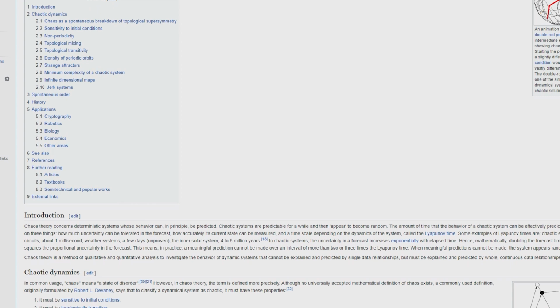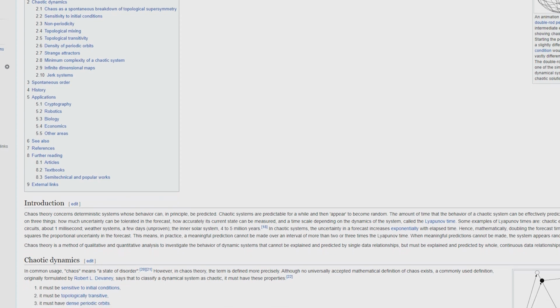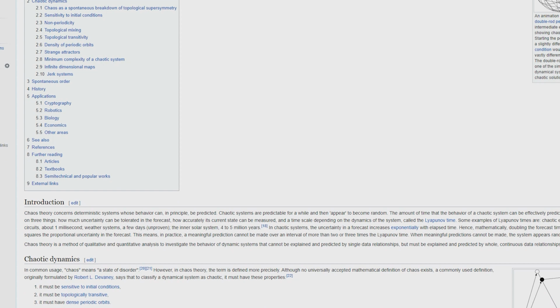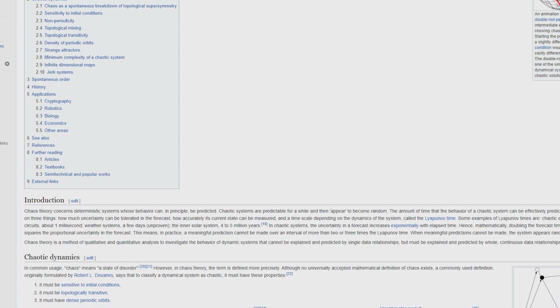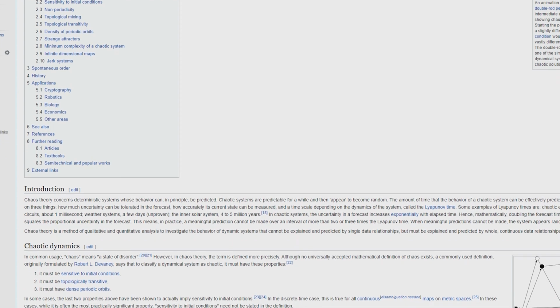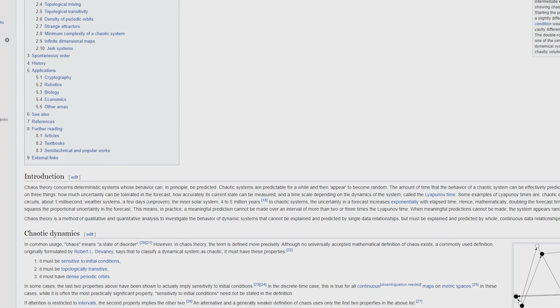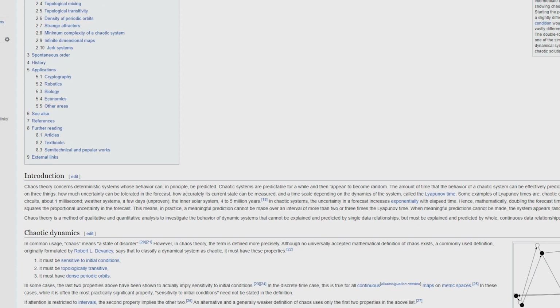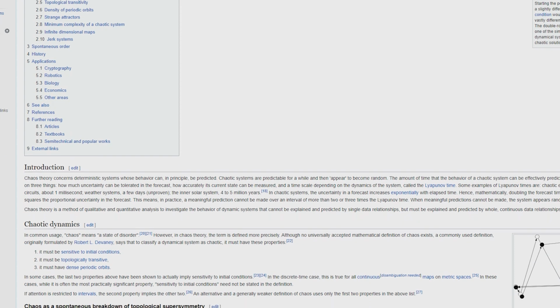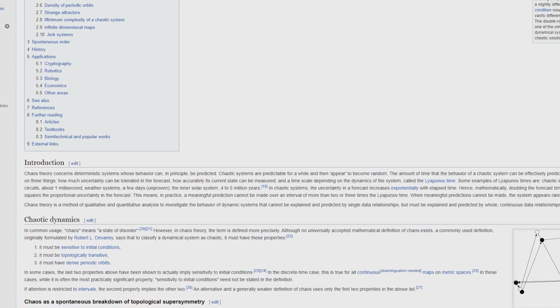Chaos as a spontaneous breakdown of topological supersymmetry. Main article: Supersymmetric Theory of Stochastic Dynamics. In continuous time dynamical systems, chaos is the phenomenon of the spontaneous breakdown of topological supersymmetry, which is an intrinsic property of evolution operators of all stochastic and deterministic partial differential equations. This picture of dynamical chaos works not only for deterministic models, but also for models with external noise, which